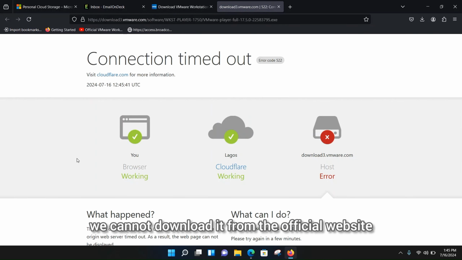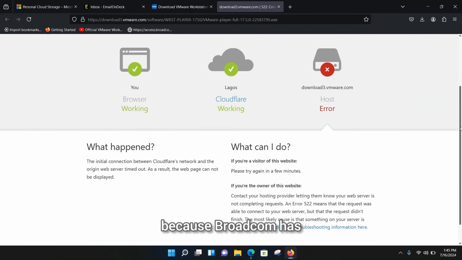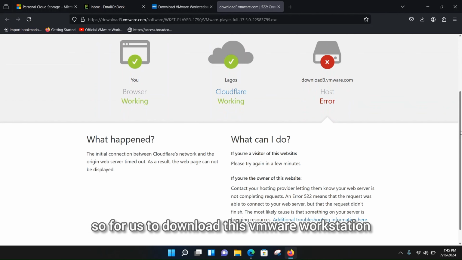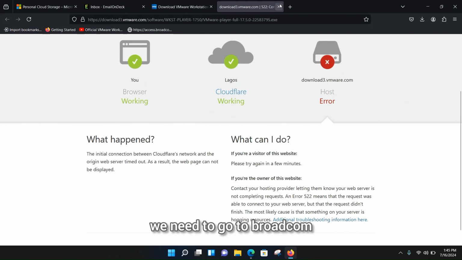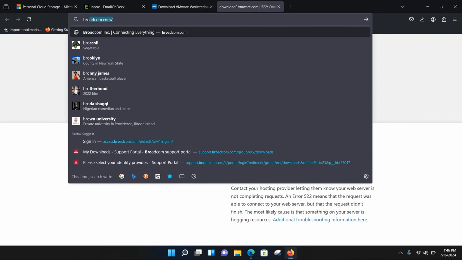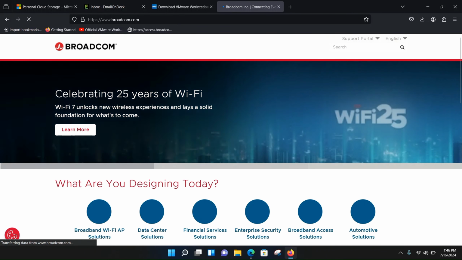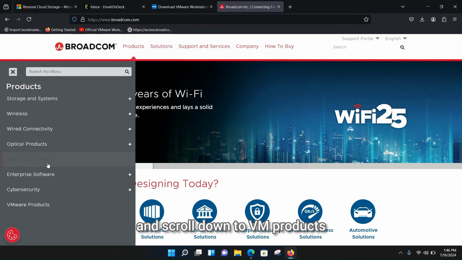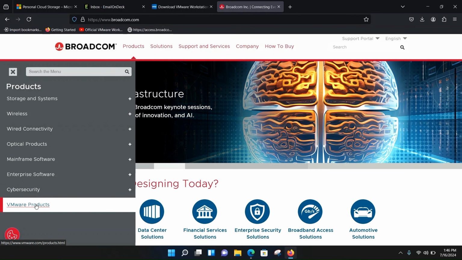As you can see, you cannot download it from the official website because Broadcom has bought VMware. So for us to download this VMware Workstation, we need to go to the Broadcom website. So you can type Broadcom. Click on it, and we are here on the Broadcom web page. So what we'll do, just click on products and scroll down to VM products. Click on VM products,